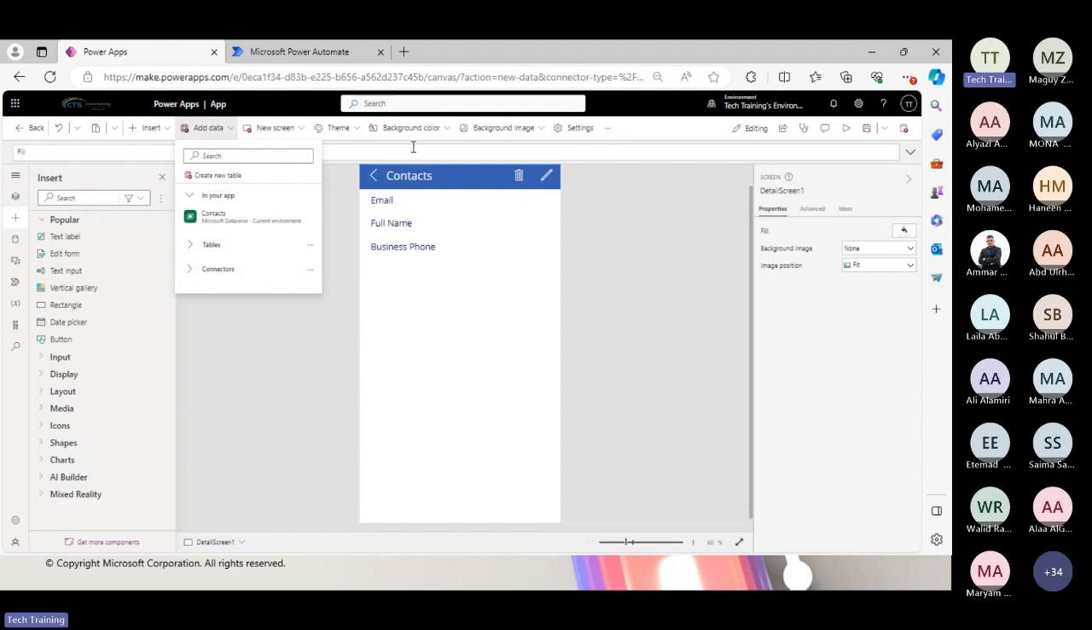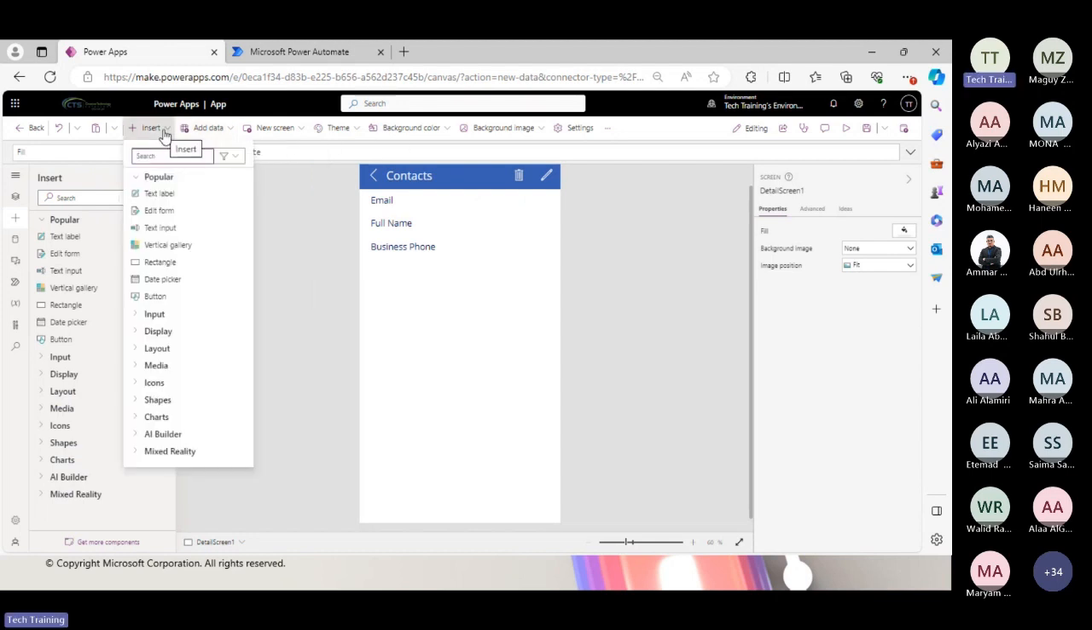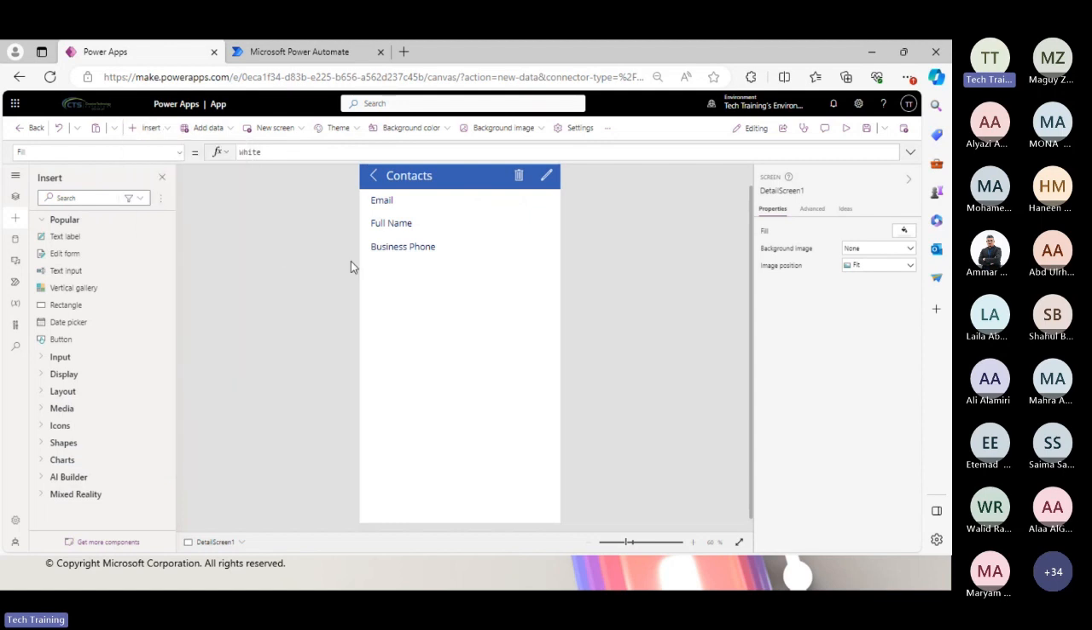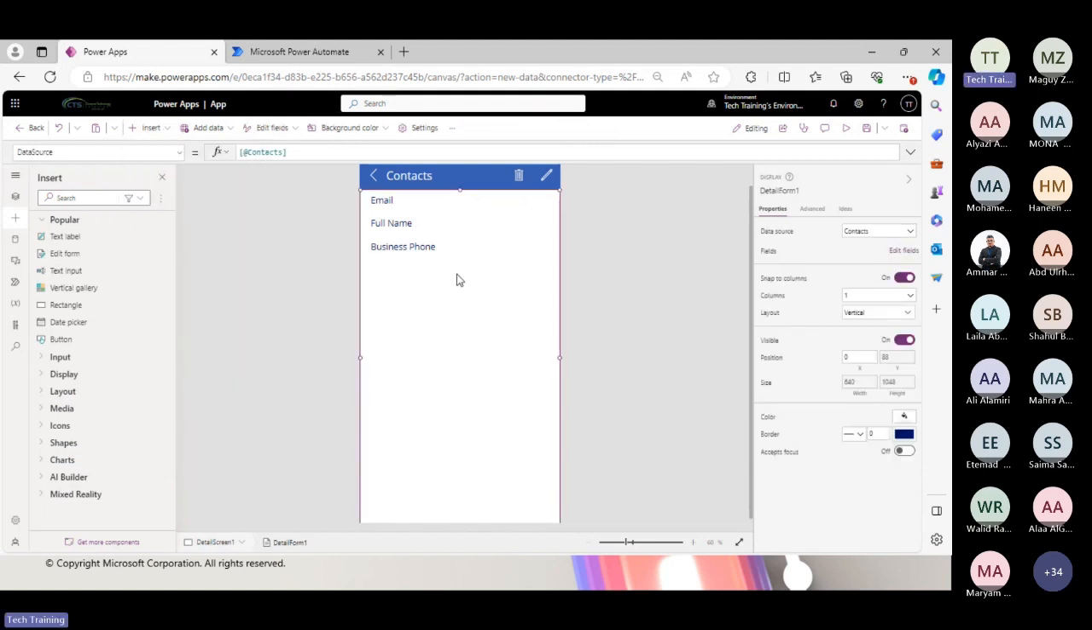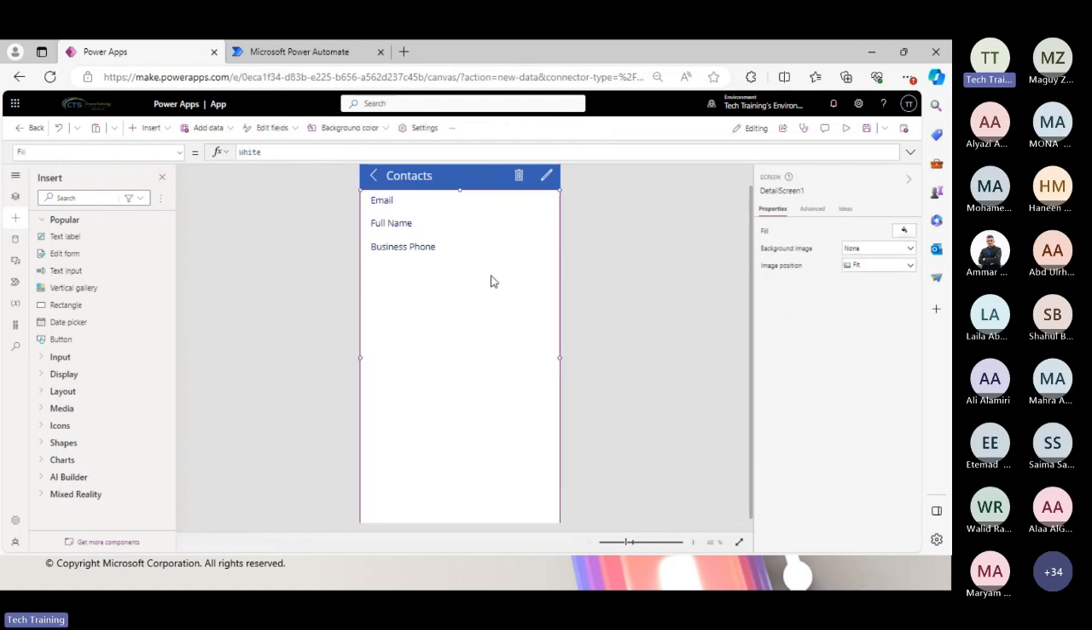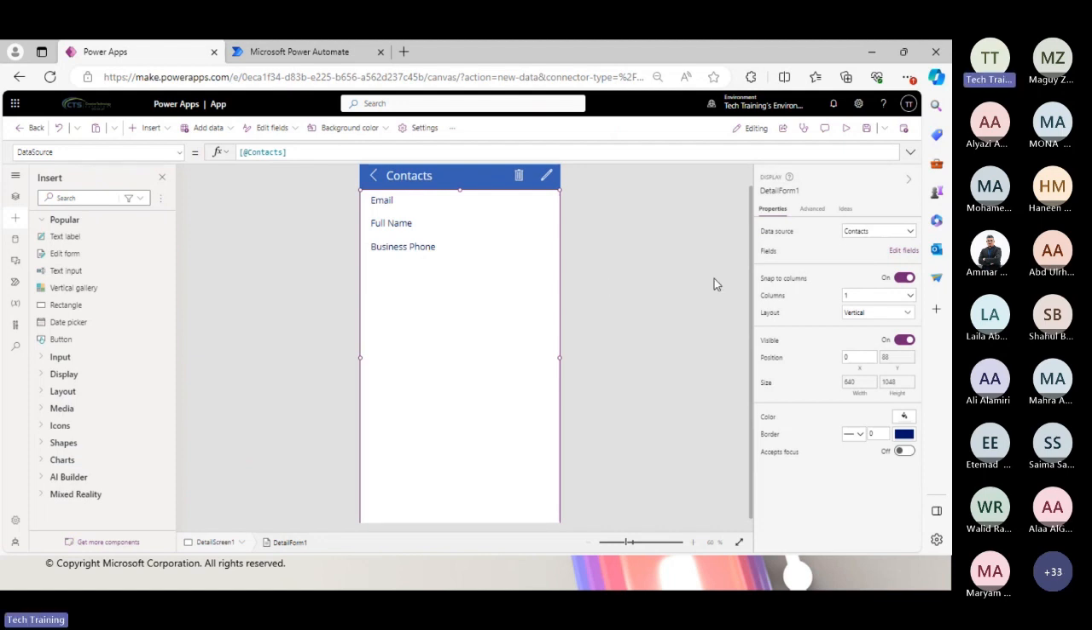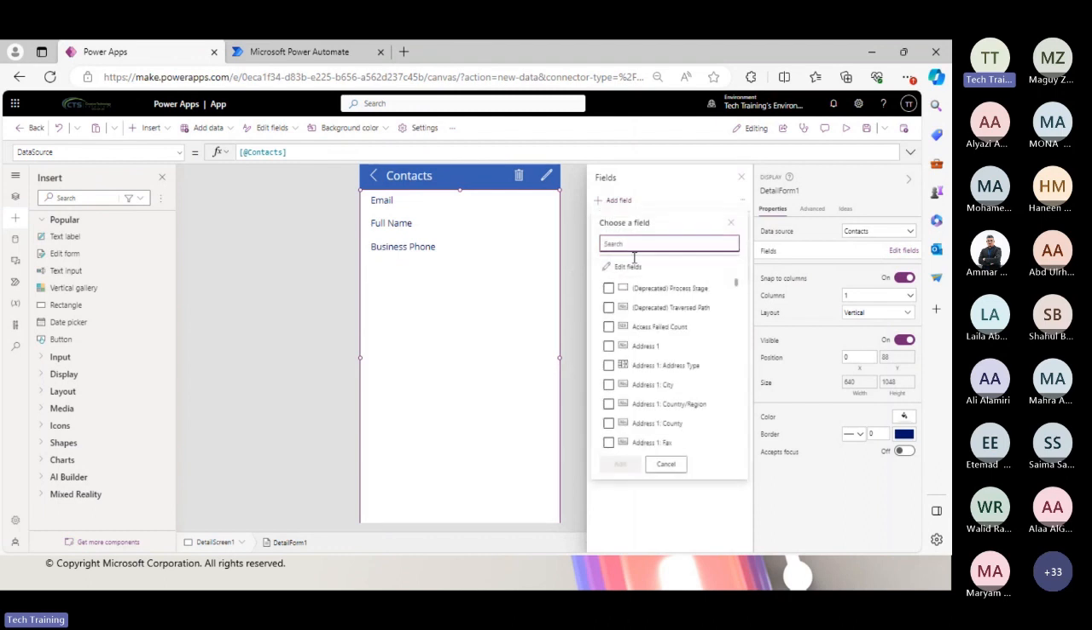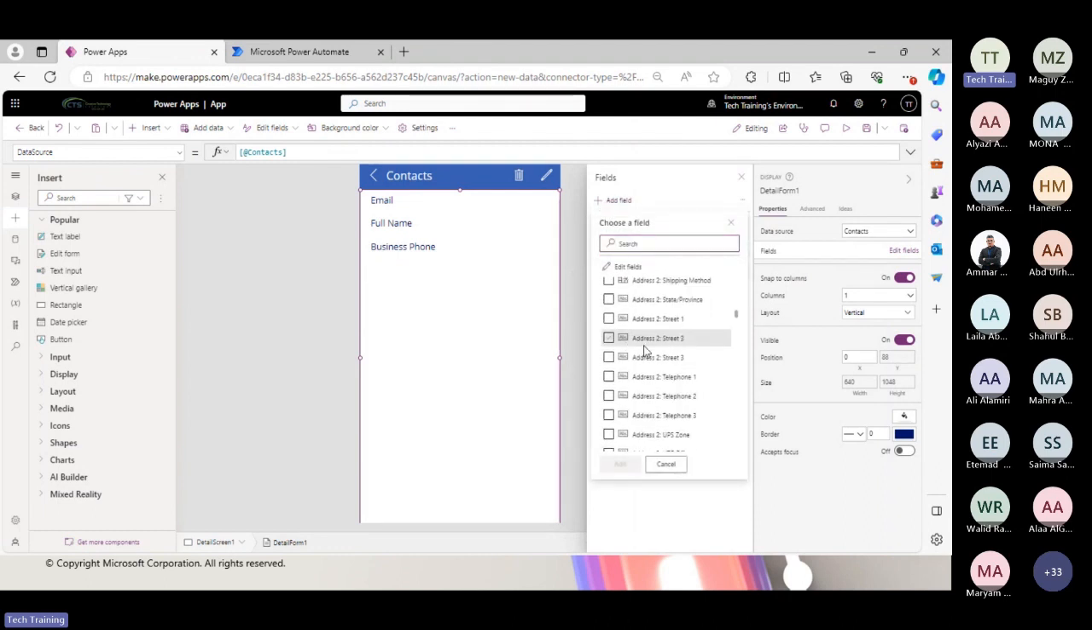And let me do something to show you. One important thing is you can change the layout from vertical to horizontal. This is up to you. And edit the fields that I am using here. I can add fields from the contacts table. I would show them. Let's say I need to add